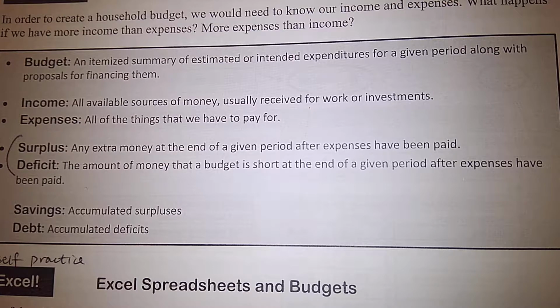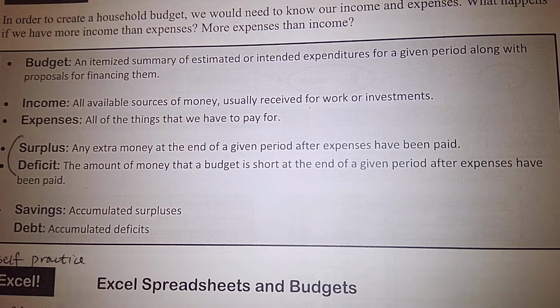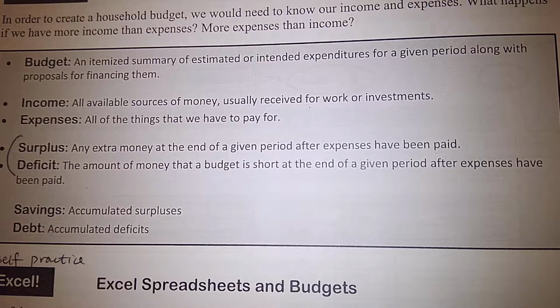Okay, so see the example. If I say after these months of the expenses and the income, you have some little surplus, what does that mean? Do you have some extra money left? Yes, you do. Okay. What does deficit mean? If we say, oh, at the end of this month you have a deficit, that means do you have any extra money? No. Okay. You spend too much. You spend more than your revenue.